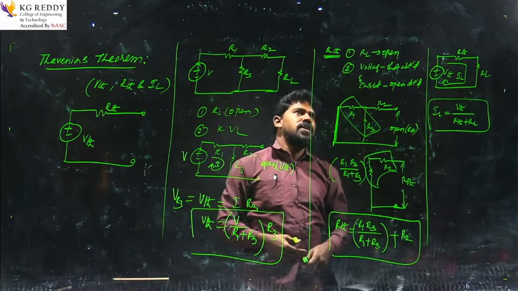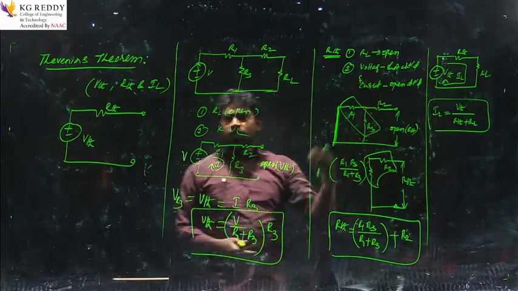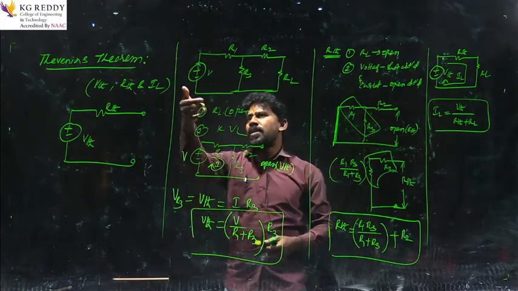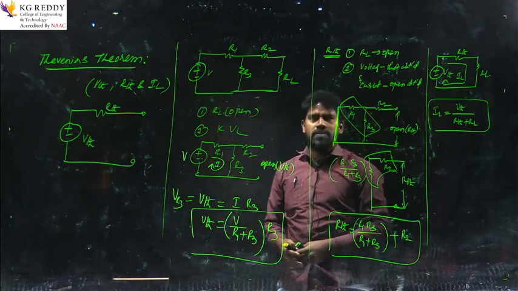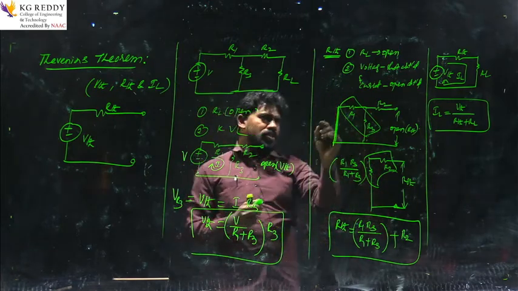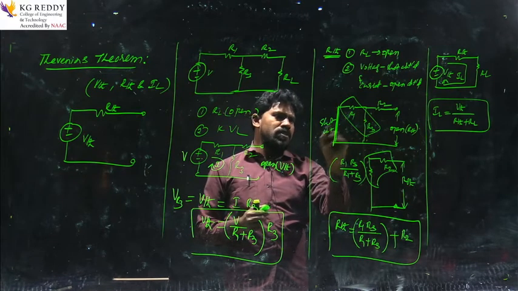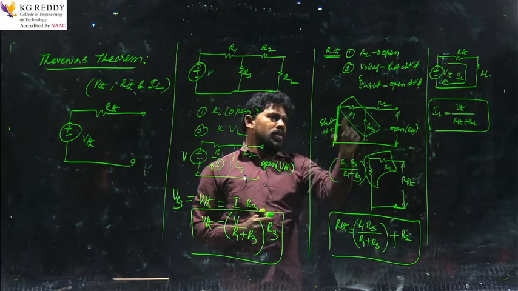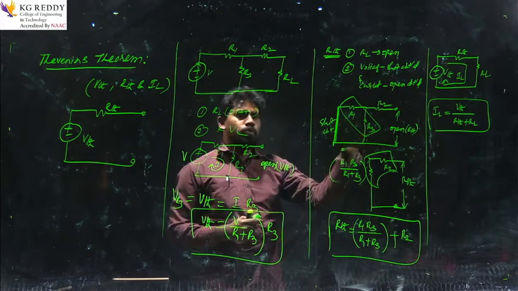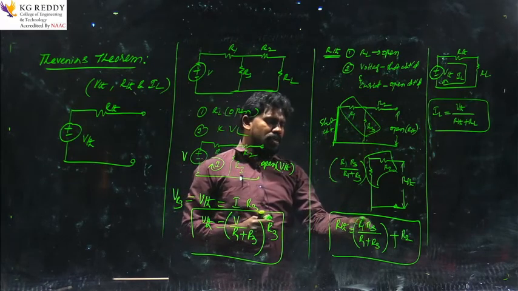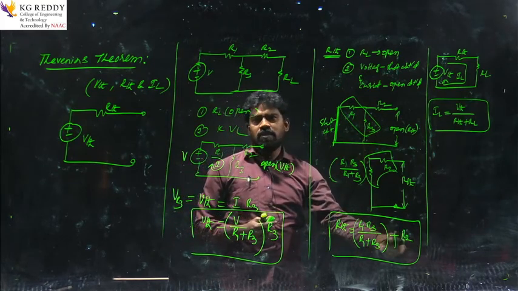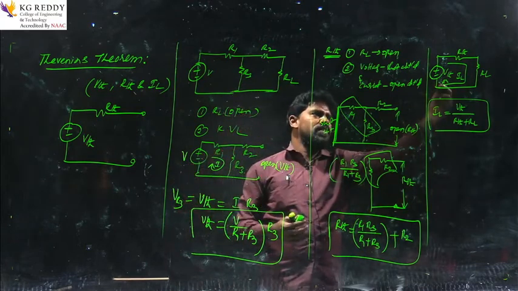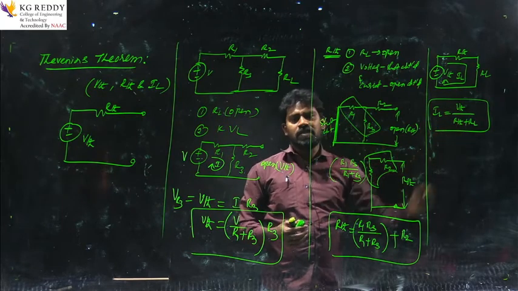What is the procedure for RTH? The load should be open circuited, voltage sources should be short circuited, and current sources should be open circuited. Now, what sources do we have? Only a voltage source. That is why I short circuited it, and the remaining is as it is, and the load is open circuited. While observing this network, we got two in parallel and one in series. The parallel is R1 R3 by R1 plus R3, plus R2. Yes, this is the equation. After getting these two, we draw the equivalent circuit and the current is equal to V by R. So, thank you all.